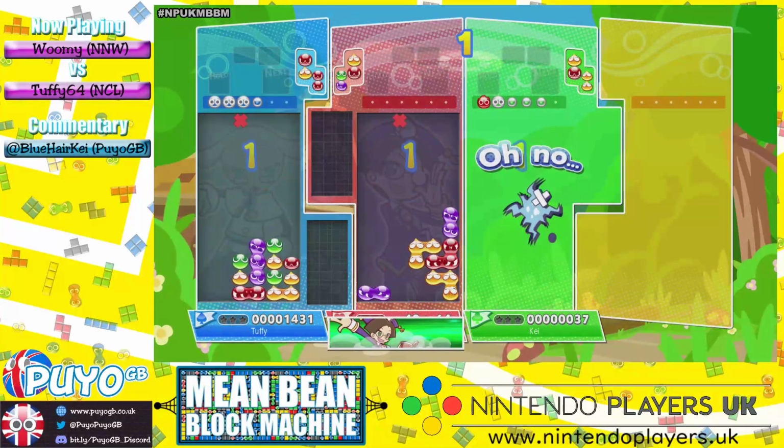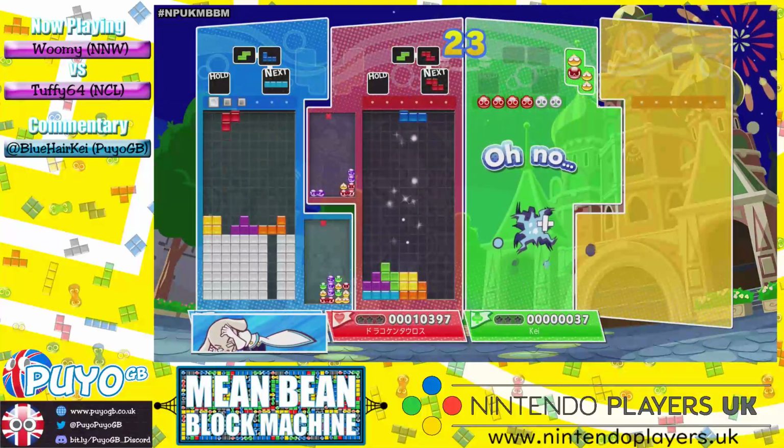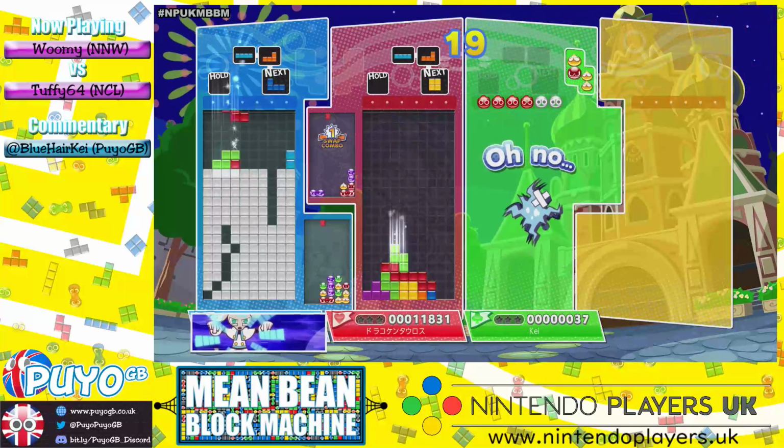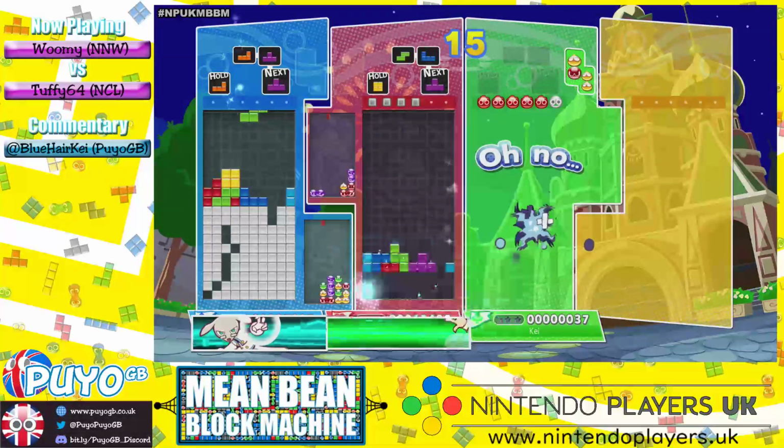It's a 6 chain. Starlight. Here we go. 15 lines! Now then. And now the swap combo. Can she continue building quickly? Now the Tetris from